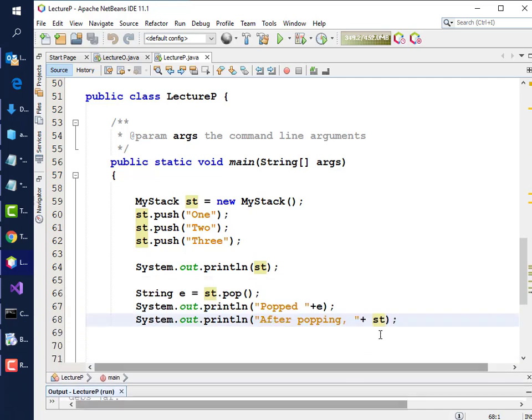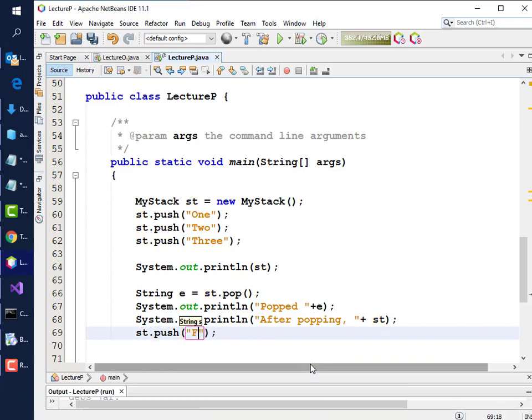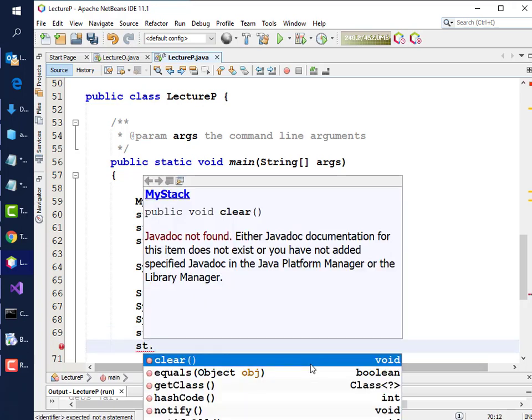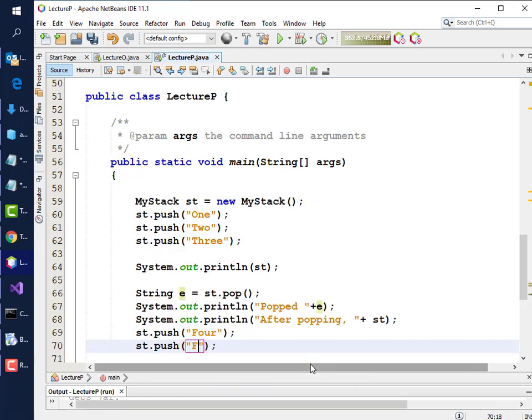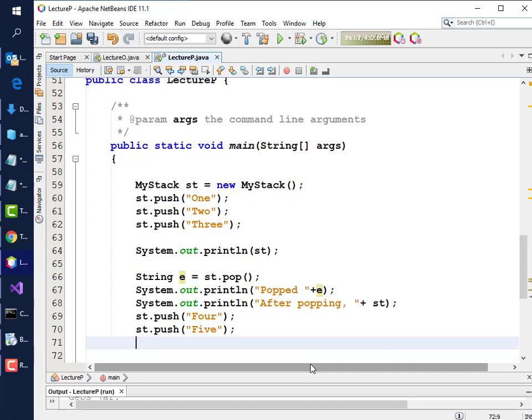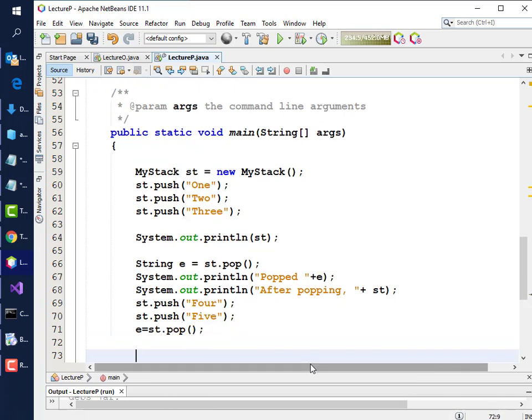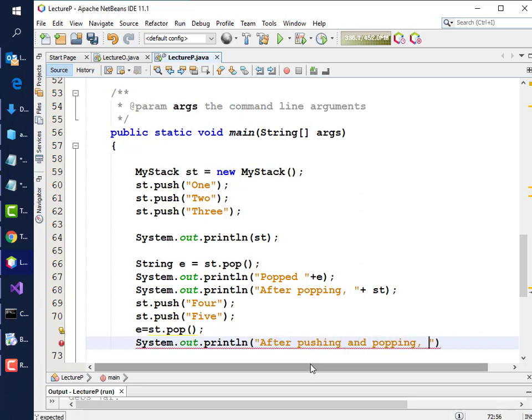Let's push a few more things onto it. st.push("4"); st.push("5"); Now let's pop 2 things. e equals st.pop(), or just pop 1, right? And let's print out the list one more time. System.out.println("after pushing and popping, " + st);